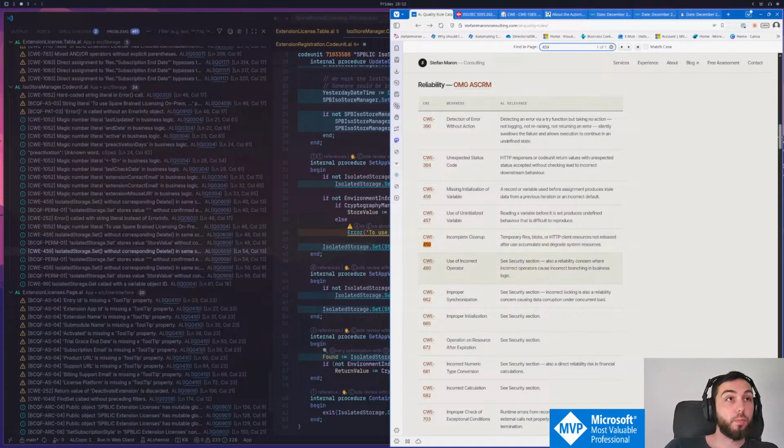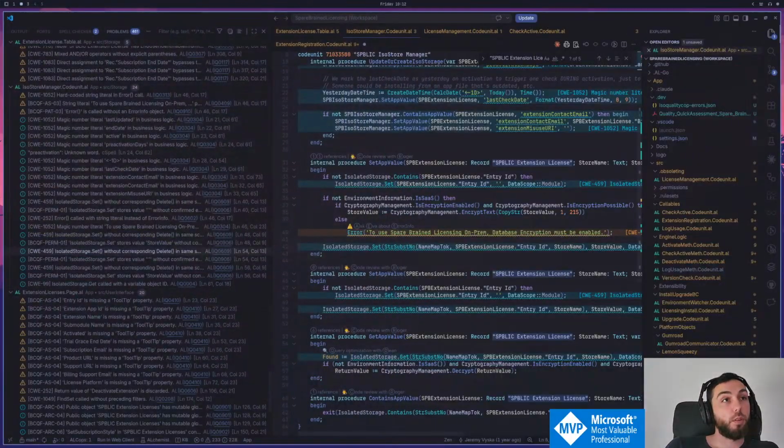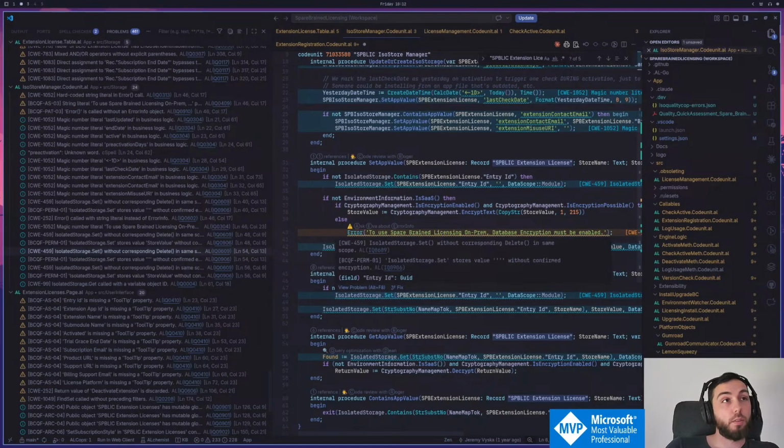Incomplete cleanup. So this is something ISO cares about. The product does not properly clean up and remove temporary and supporting resources after they have been used. Again, I had to adapt this a little bit to the patterns we do have in AL, but I think leaving isolated storage traces in the ISO storage is not necessarily good practice. So cleaning up